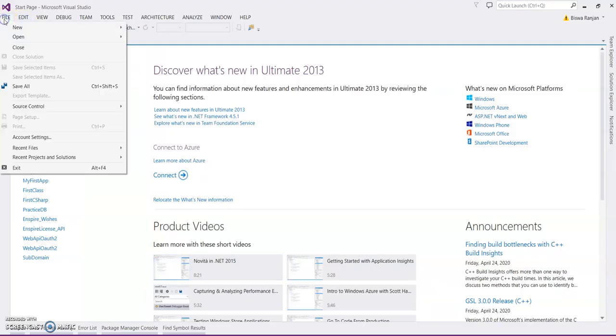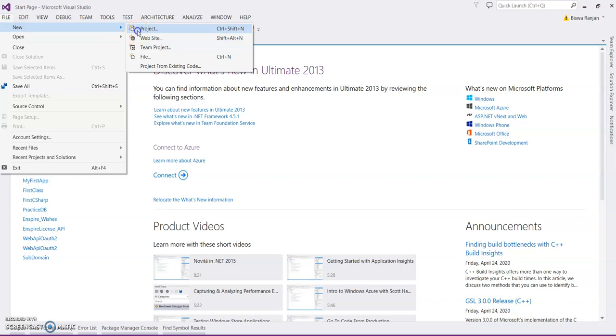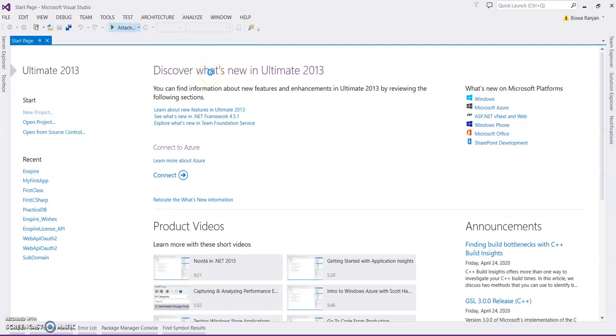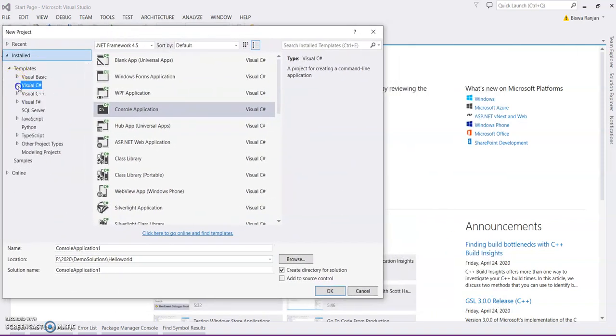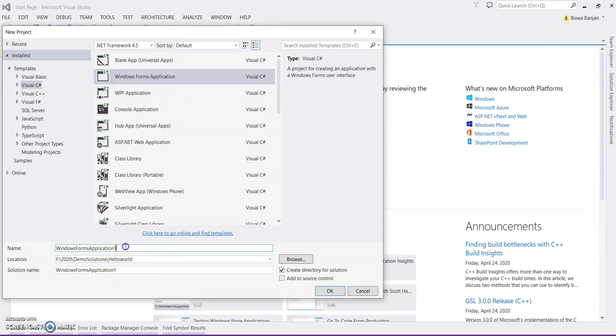Open Visual Studio, click on File menu, New, Project. On the left hand side template, select Visual C#. In the template box, select Windows Form Application. Give the form application name.